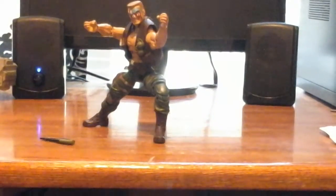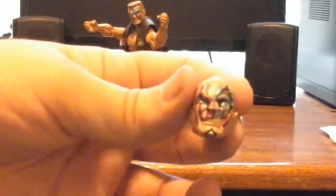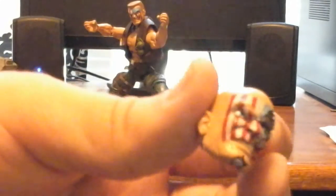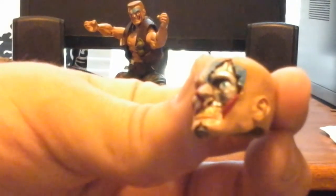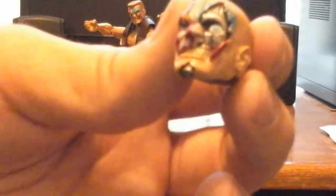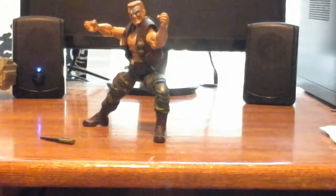He also comes with this alternative head, which I'll move slowly towards the camera in a scary manner. But of the two heads, even though I'm probably going to use the other head, I actually like this head a little bit better. It has a lot of detail, has a little Terminator thing going on to it, and is bald. And of course that's because in the comics, as I was reading, he has metal, cybernetic, I think it was, metal under his skin as part of an experiment with Weapon Plus, the group that originally created Wolverine. And you could just take